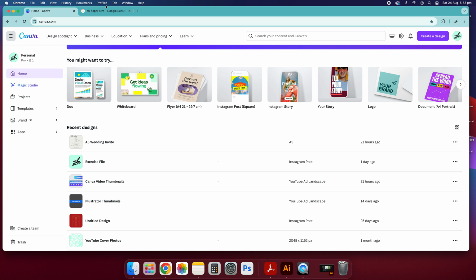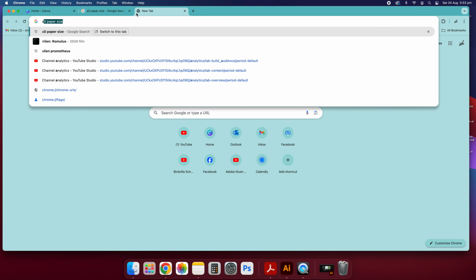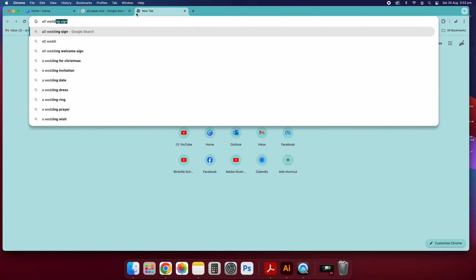So to create an A0 size seating sign, the ones that you see at weddings and engagement parties, is pretty straightforward. The paper size that you use is A0. That's the big sign that you've got there. If you go A0 wedding